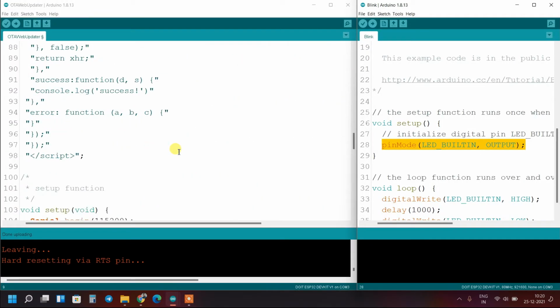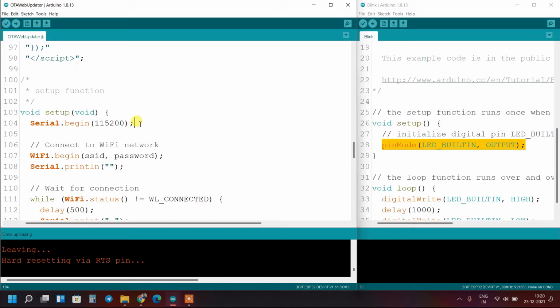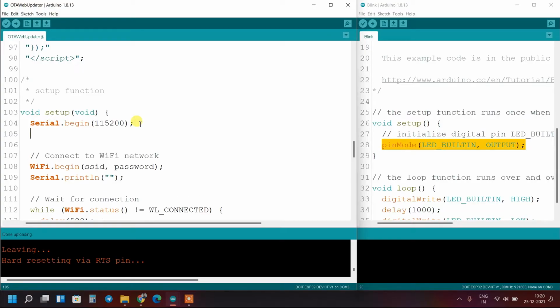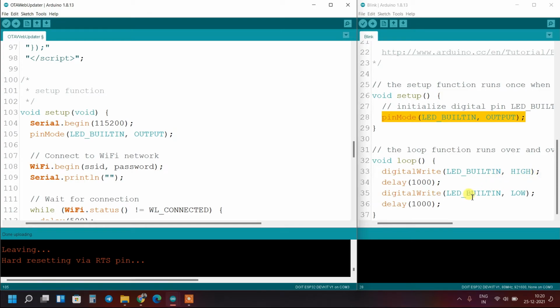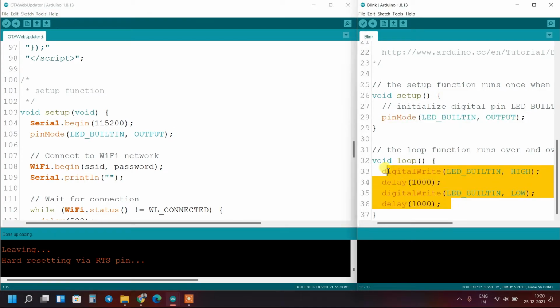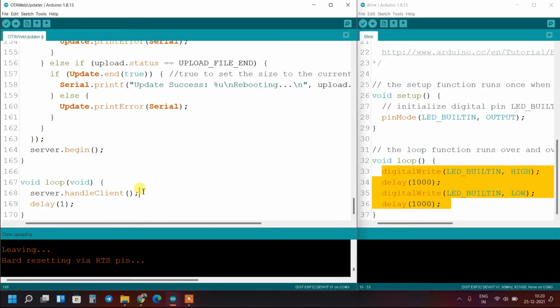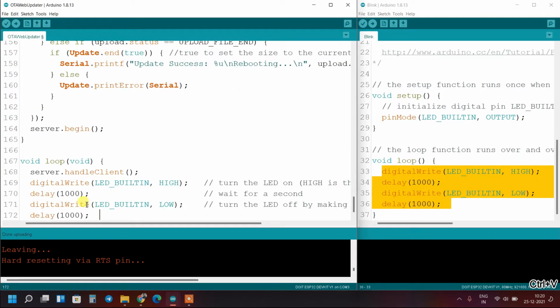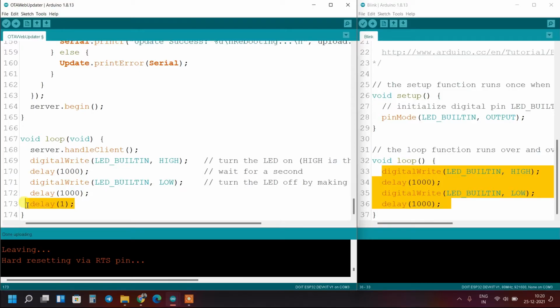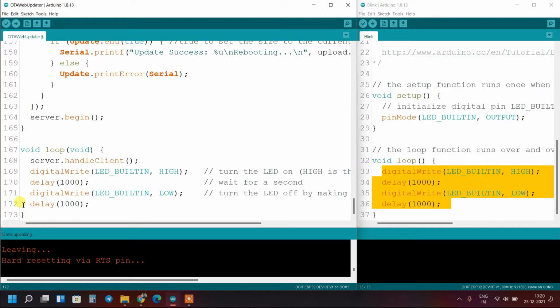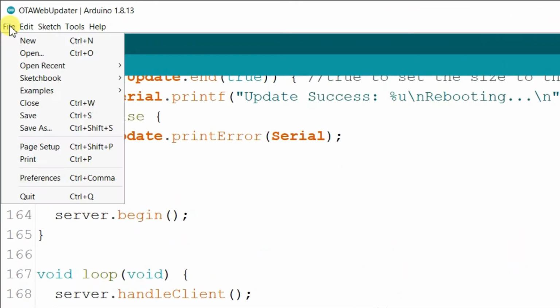So in void setup I will paste. Okay, and I will copy this line. Okay, and now I will save this code. Go to file and save as.